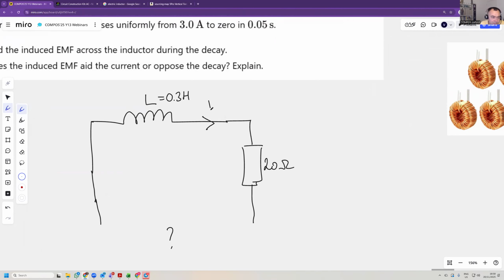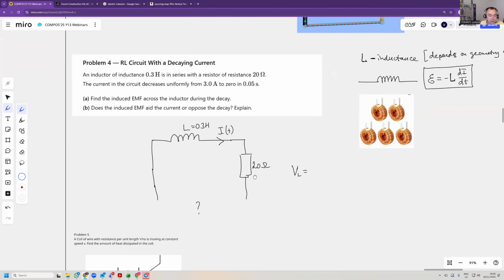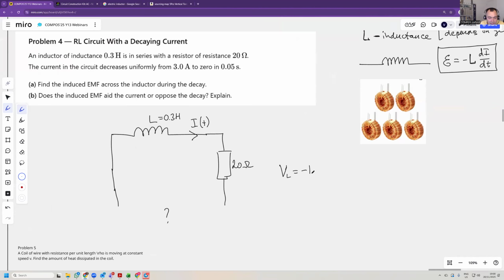The voltage induced in the inductor is minus L, which is the inductance, multiplied by di, the change in current, divided by change in time. And that is minus 0.3 multiplied by the current, which is from 3 amps